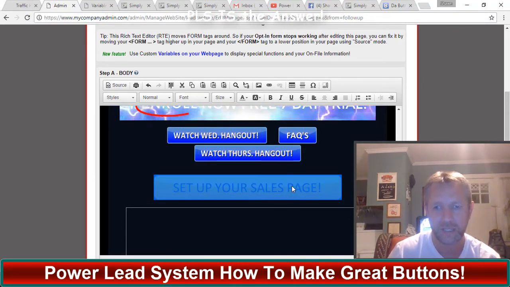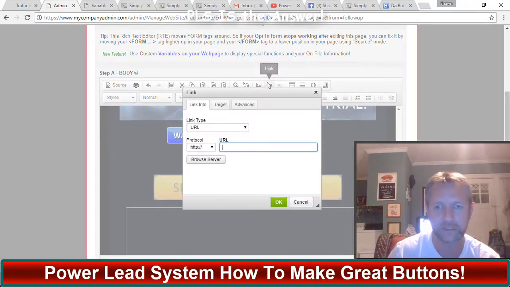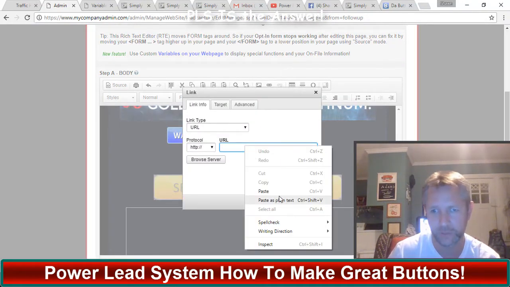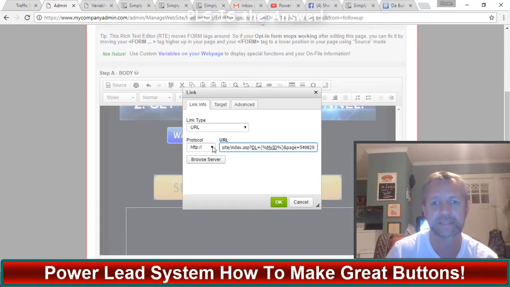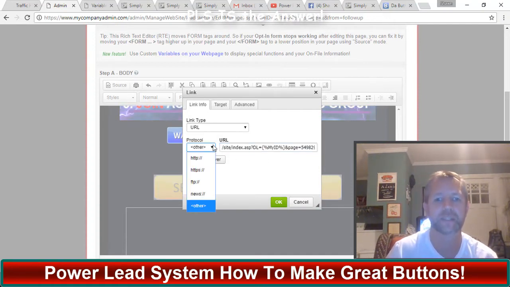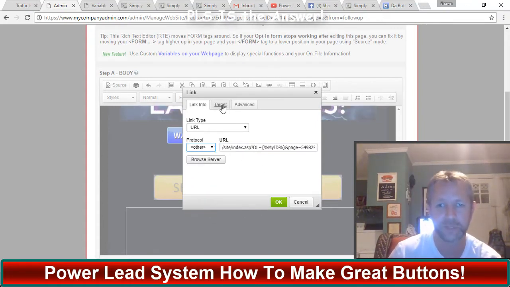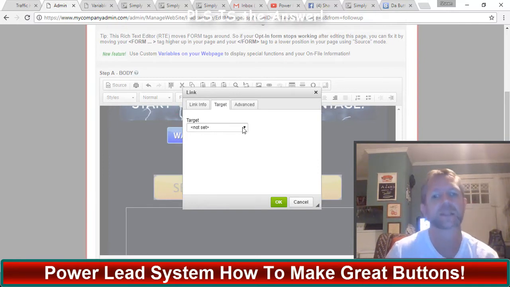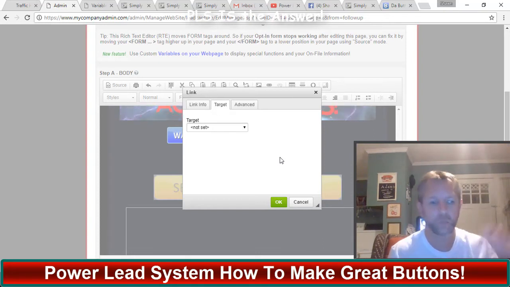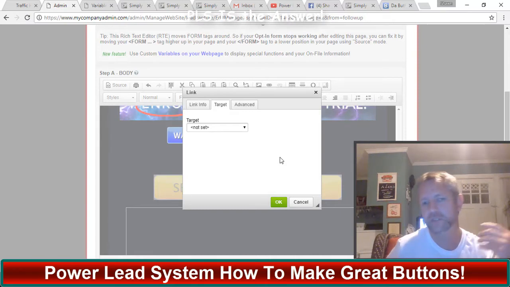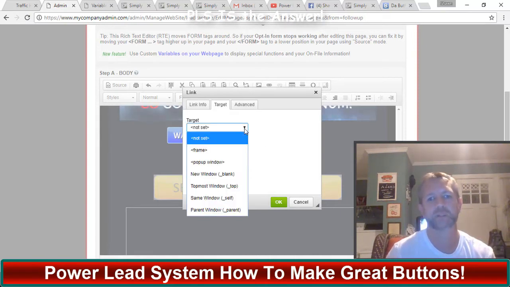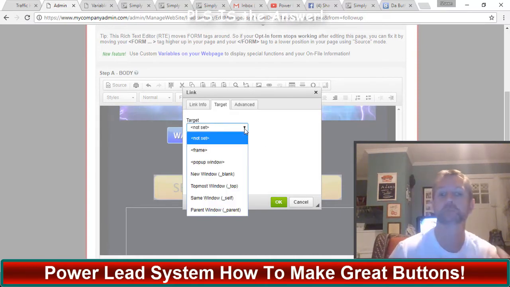Let me see here. We're going to go to, I click on this. I go to link. I type this in or copy and paste. I set this because that's set into here. This is not a web page. It's not an HTTP. It is other because this is a share code. It's going to be a little bit different, okay? Target is going to be not set. Not set makes it automatically as a default. It means that if you click it, whatever page they were on, it's going to show up on that tab. So I personally, because I like for them to have the opportunity to come back to it,